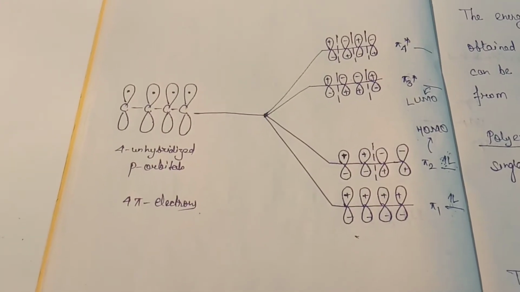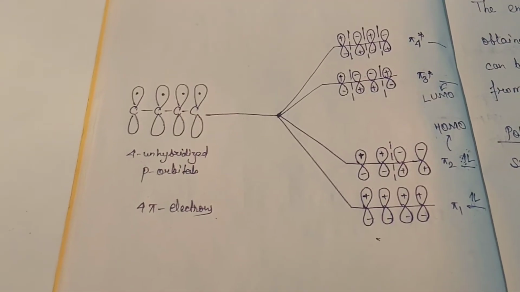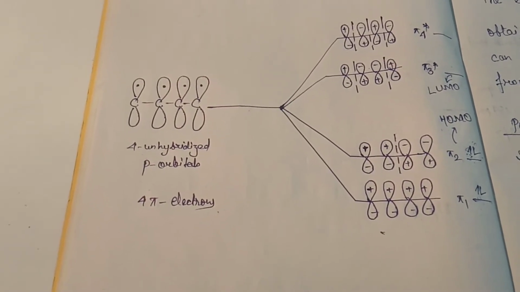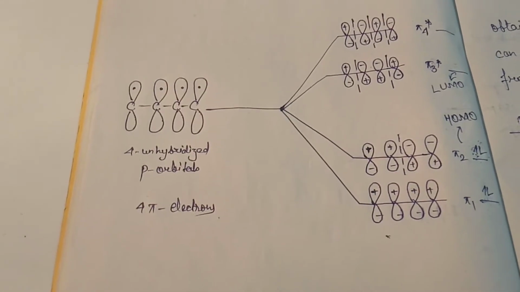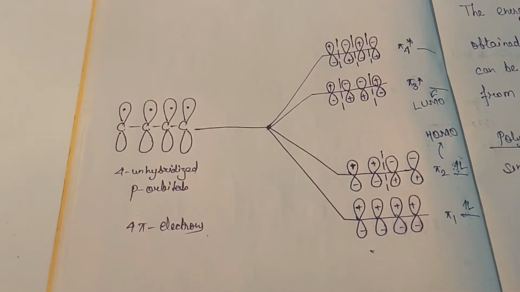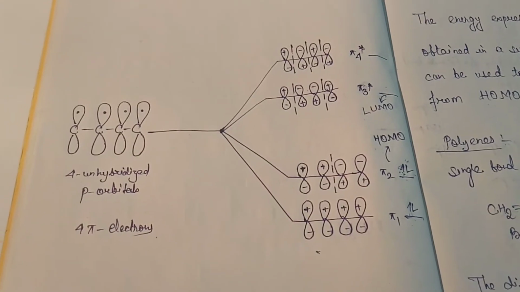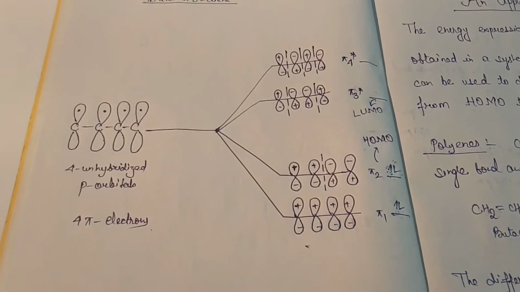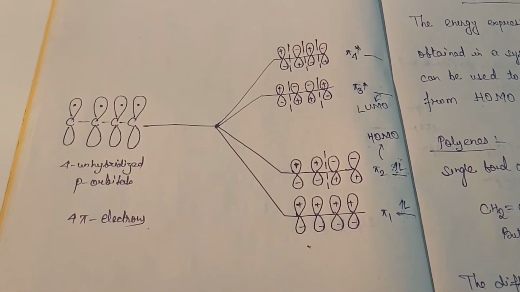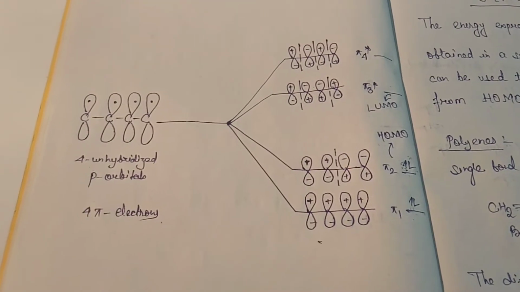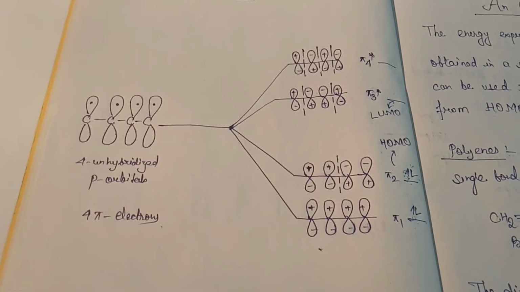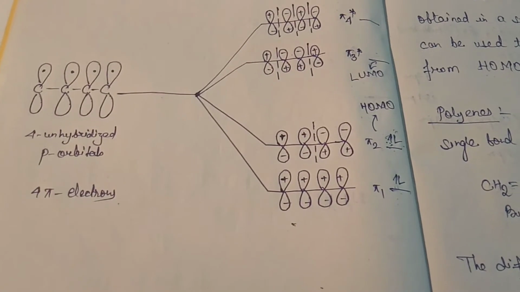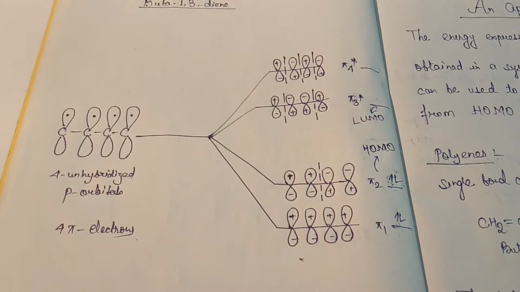Butadiene constitutes four carbon atoms, and these four carbon atoms contain unhybridized p orbitals, and each of these unhybridized p orbitals contains one electron. When they combine to form molecular pi orbitals, it results in the formation of an equal number, that is 4, of pi molecular orbitals. Out of these, half are bonding molecular orbitals and the other half are anti-bonding molecular orbitals. So two are bonding molecular orbitals, pi 1 and pi 2, and pi 3 star and pi 4 star are anti-bonding